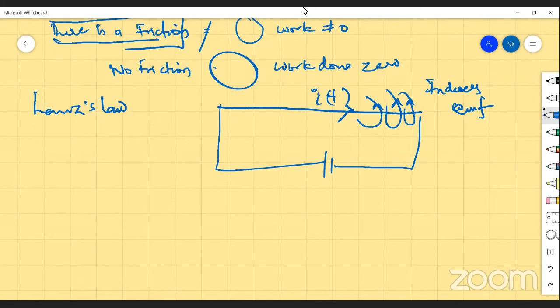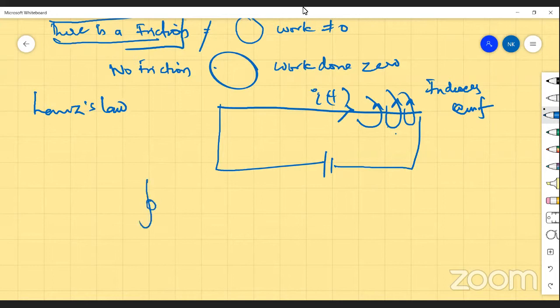current due to that EMF will induce a magnetic flux which opposes this original cause. So this is the original cause. The EMF is induced in such a way that it will also produce some current. That current also produces some flux, but it opposes the original cause. Just like it's a kind of friction in the case of kinematics.